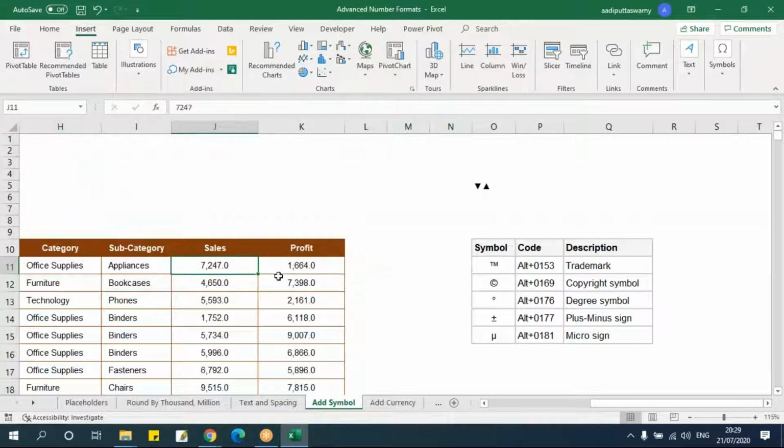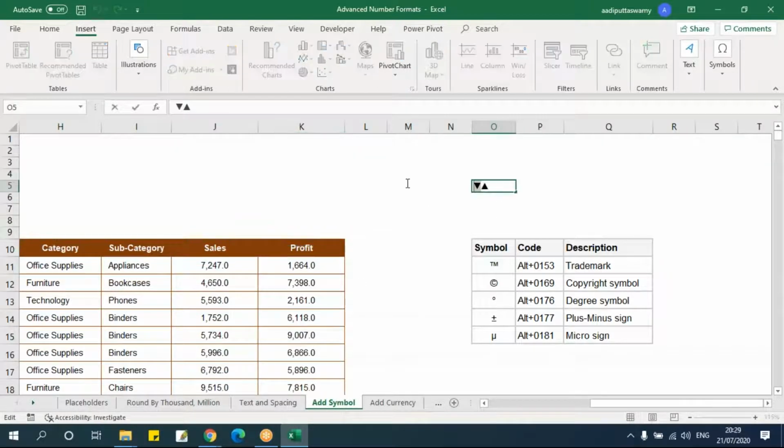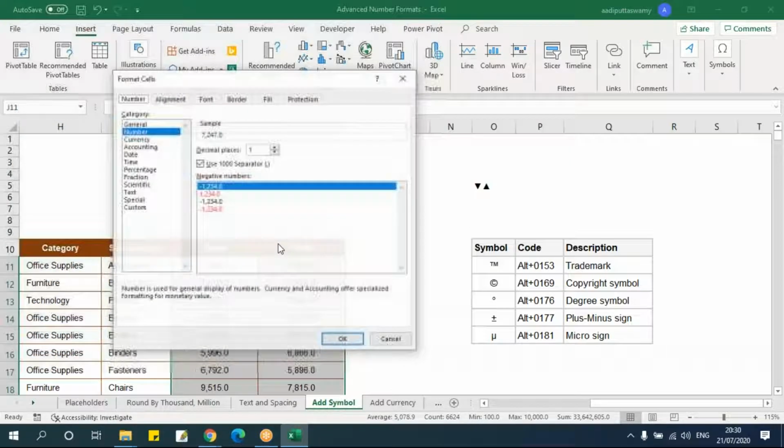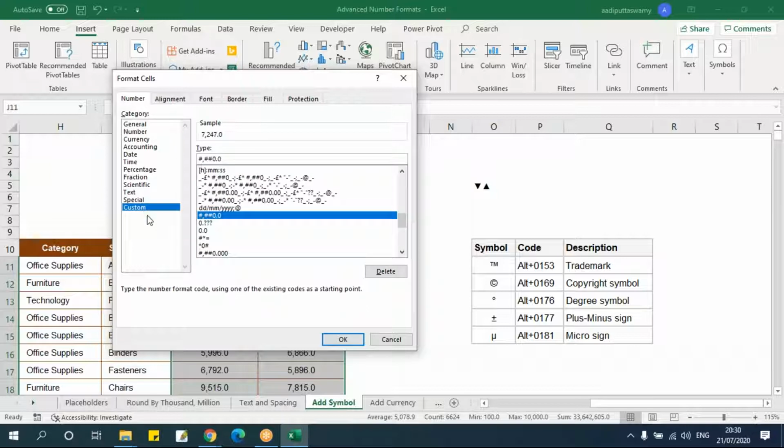Let's assume that any value above say 5000 should be the greater symbol, otherwise it should be the lower symbol like this. The arrow should be down. So quickly, if you want to do, just go here, control 1, select this number formatting, and here I'll select this 1000 separator, say OK. Here I have this positive number.